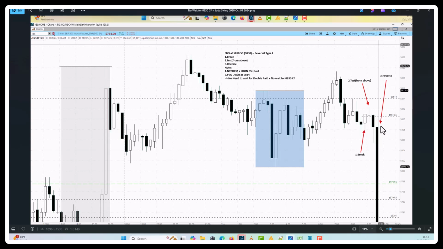You see that level it breaks, it touches from above, and then it reverses at 9:15. 9:15, and you see the pullback right there. That's the signal to go long right there. We know that it tests from below, so it's going to break that. I mean, test from above. If we mark down this level, test from above right there. So it's going to break it. You're going to follow. So basically, it's a break, test from above, reverse, and we know that both